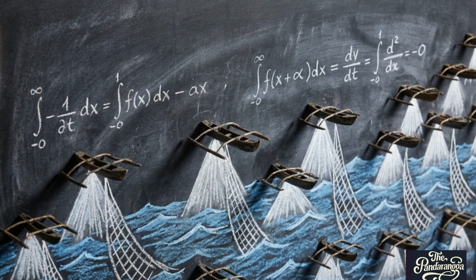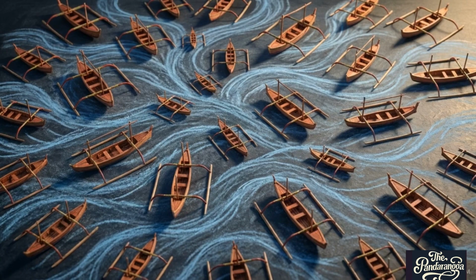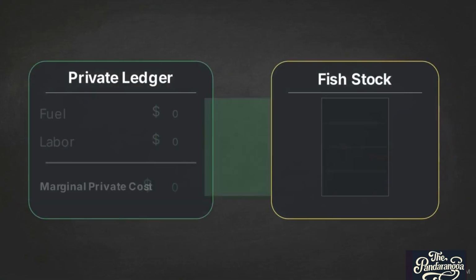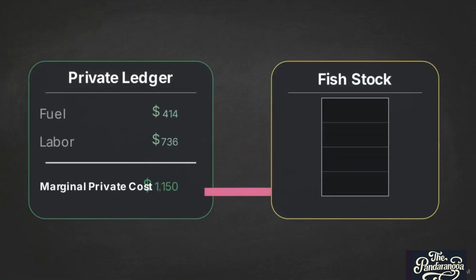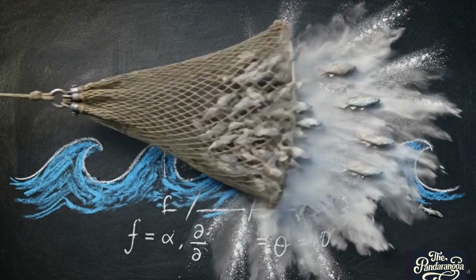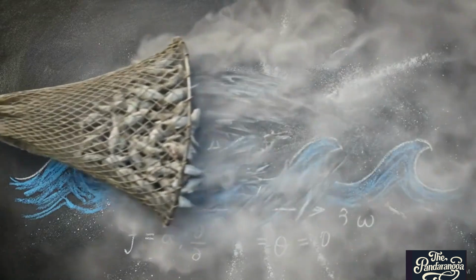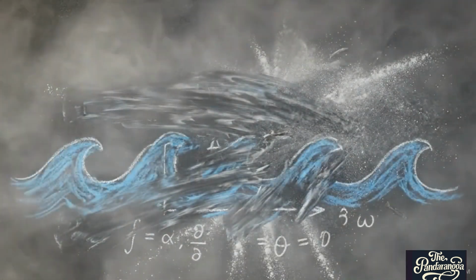In Indonesia's maritime sector, IUU fishing exploits this missing market, generating an estimated 300 trillion rupiah in economic loss annually. This theory is grounded regionally in archipelagic zones that rely heavily on marine resources, such as Nusa Tenggara Timur. Because there are no defined property rights over the open fishing grounds, individual fishermen only calculate their fuel and labor. Their marginal private cost ignores the depletion of the stock. Every vessel is economically incentivized to extract as much as possible. This localized missing market dictates rapid overexploitation and systemic economic loss.